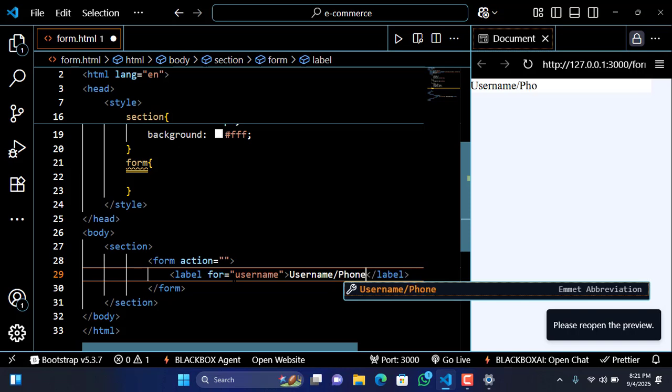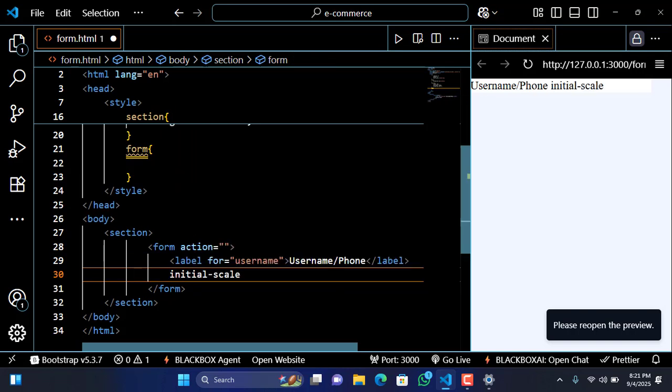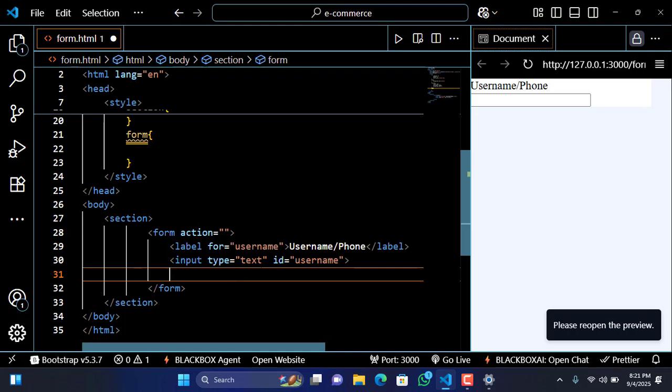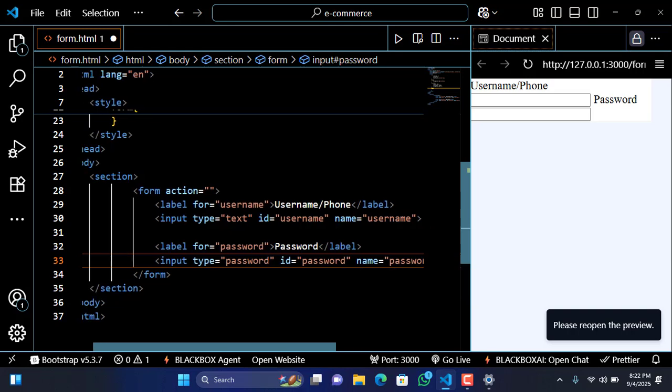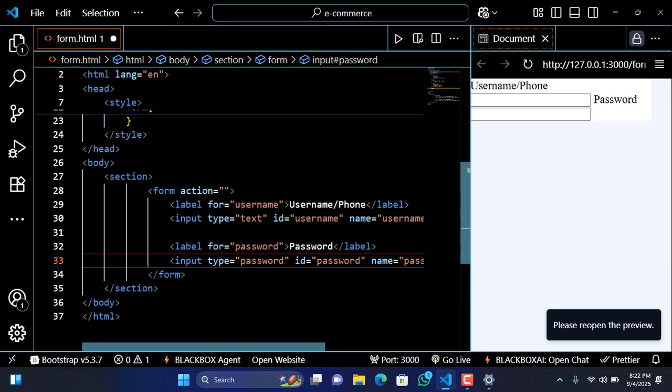Something like this. You have your input type. Sorry, input, ID username. You can add a name attribute. All of this is also important. Great. Okay, and then we're going to have